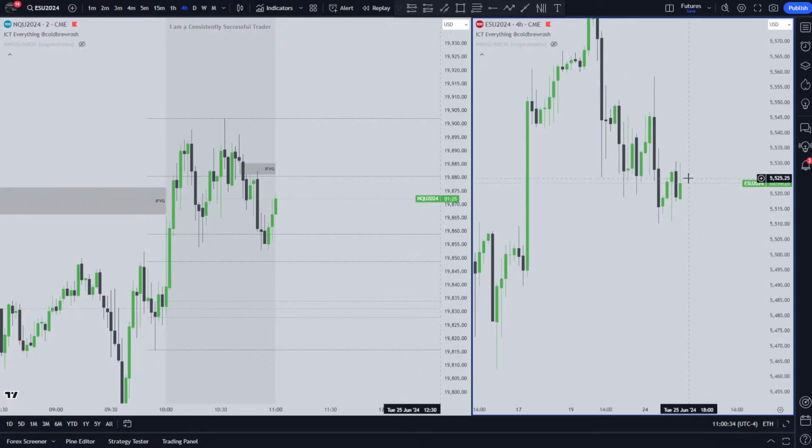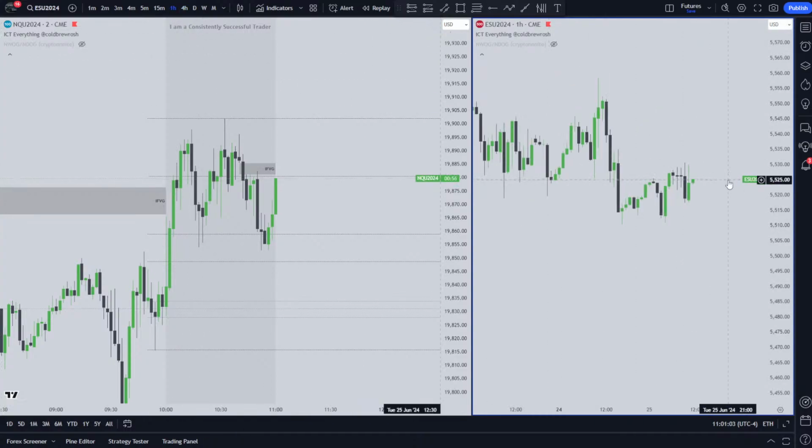You know what? That 4 hour doesn't look good. I'll be honest. That 4 hour just doesn't look good. Because what you've got here is a large order block that got respected, I mean, created with a fair value gap. Yeah, we did inverse that gap, but we've basically stopped here. We made a bearish candle. I don't know. Oh yeah, I could see that hourly though, trading higher maybe.